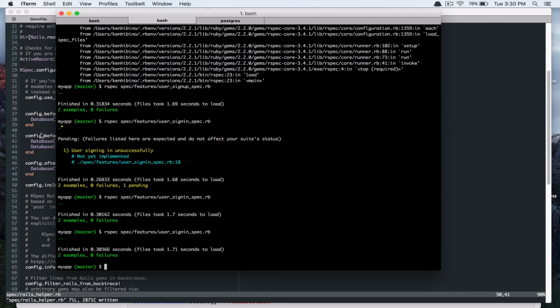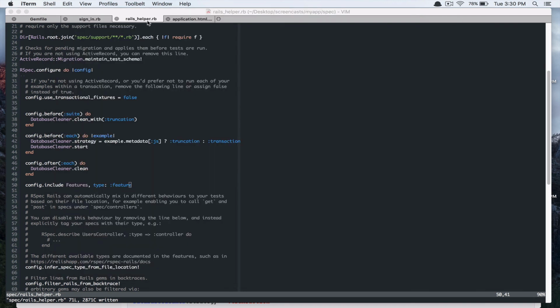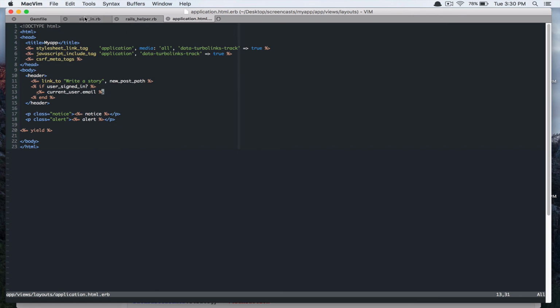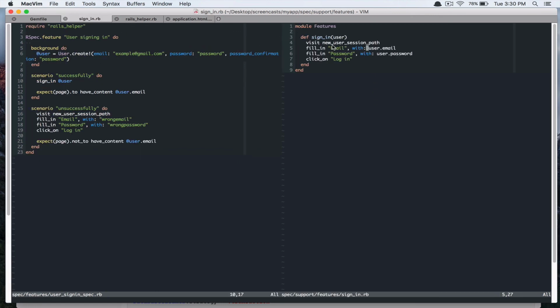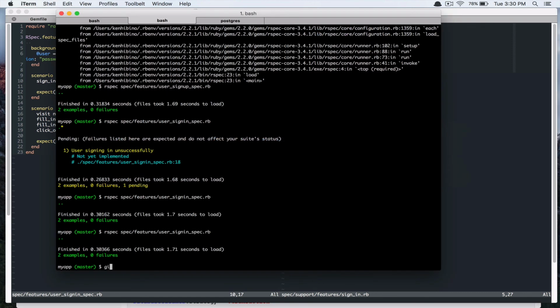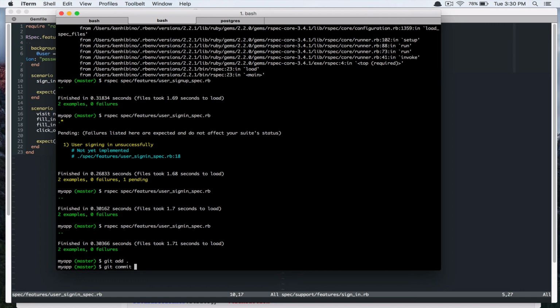And it's still passing. So that's great. So we have this macro now that we can use in other feature tests. So let's commit that. User sign up in specs and